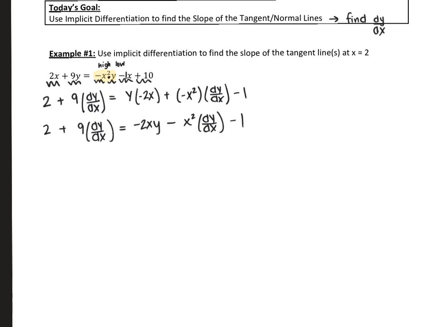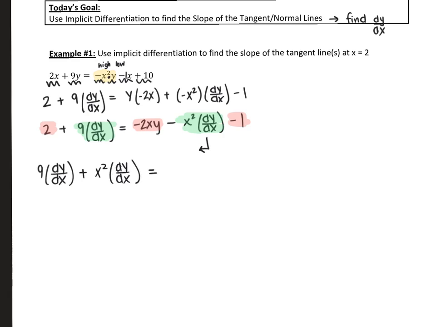So I want all dy dx terms on one side. I'm going to go ahead and highlight the dy dx's in green. So this needs to be on one side and this needs to be on one side. And I'm going to highlight all the other terms in red. So this 2 and negative 2xy and negative 1 need to be on the same side. So I'm going to keep the green stuff and move it to the left. So I have 9 times dy dx, and I'm going to add, because there's a negative x squared, this x squared dy dx to the other side,